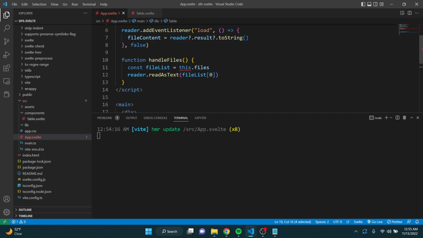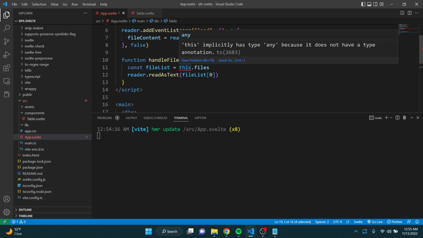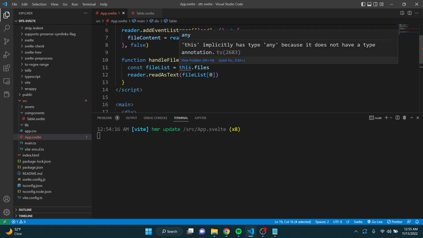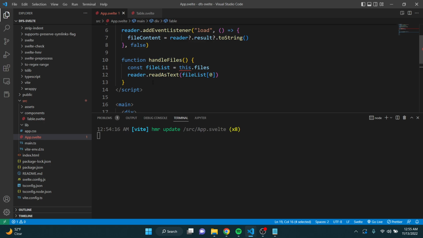File list. Okay, this is not files. This implicitly has any type because it does not have a type annotation. What is this referring to, actually? So this refers to